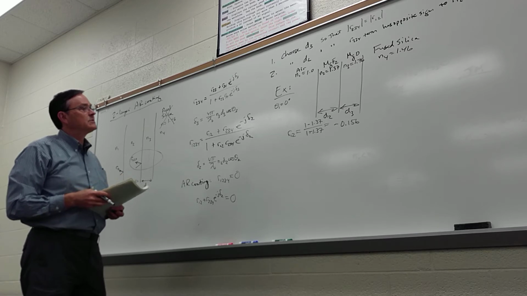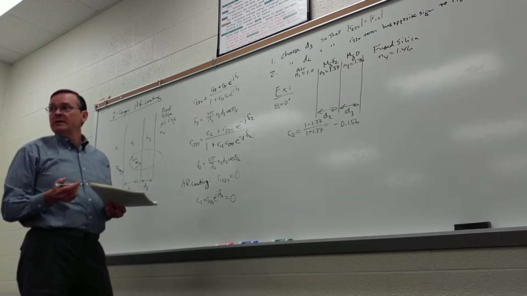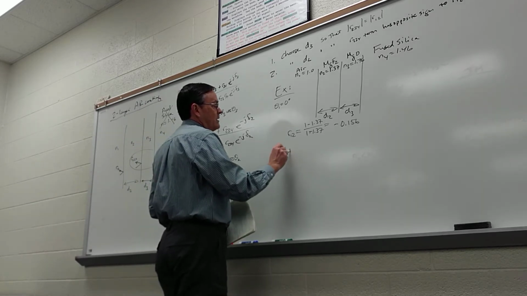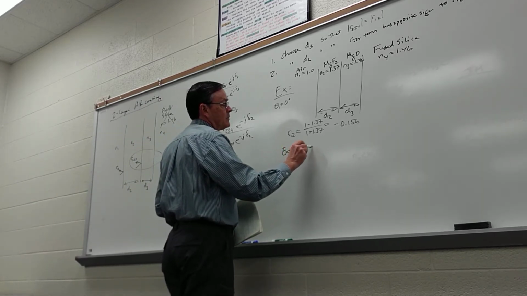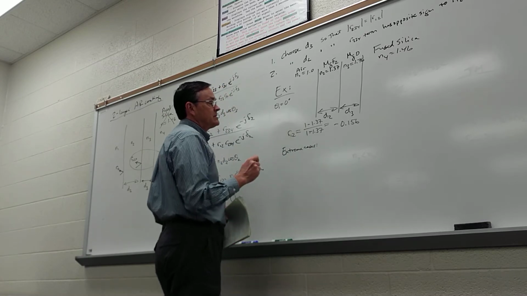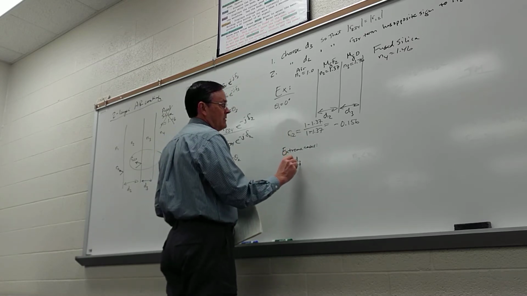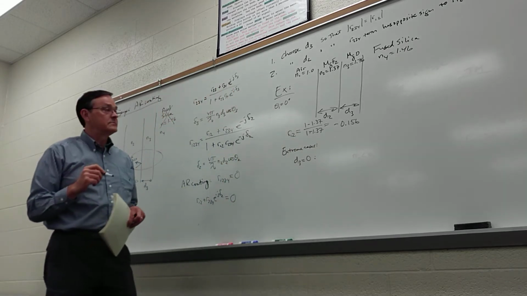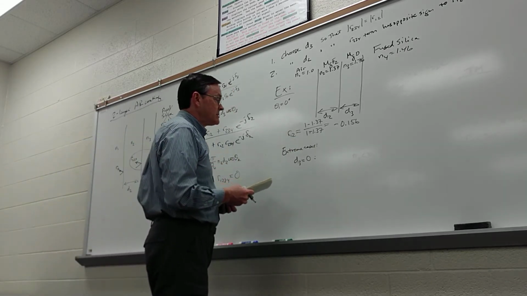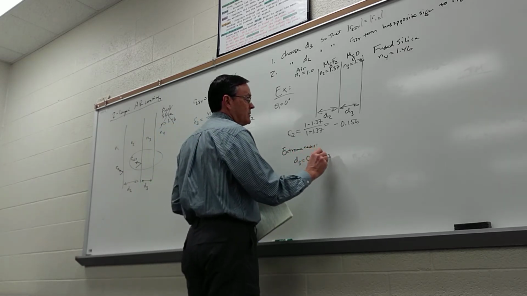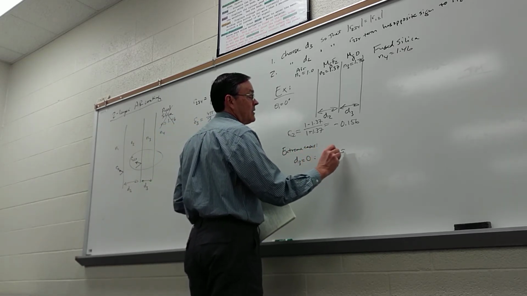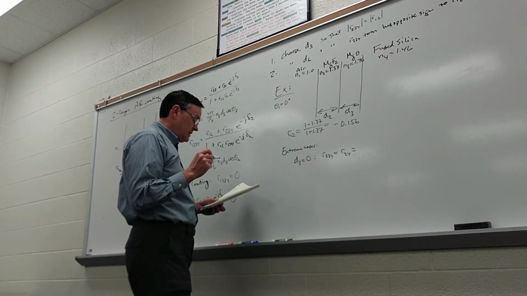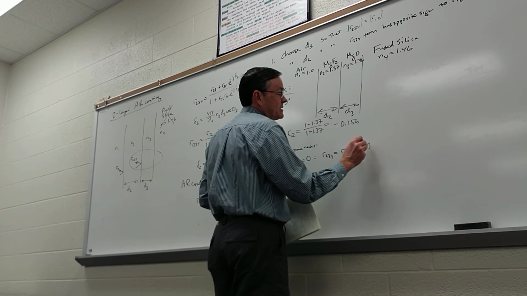So the first thing we need to figure out is, is it possible? And we can see if it's possible by looking at the extreme cases. The first extreme case is D3 equals 0. We don't have that material there. If D3 is equal to 0, then R234 is going to be equal to R24, and we can easily calculate that. That's minus 0.032.